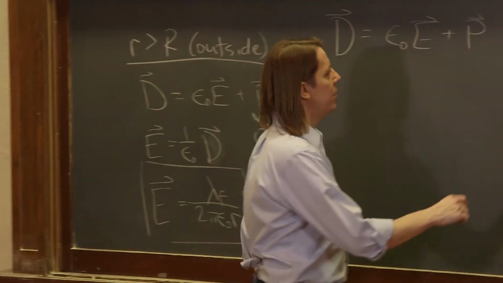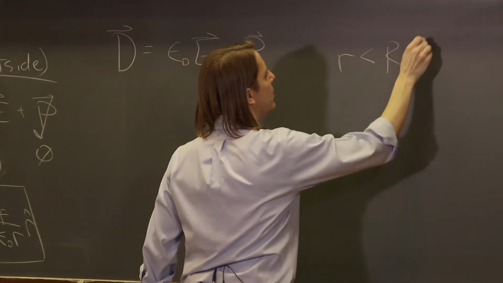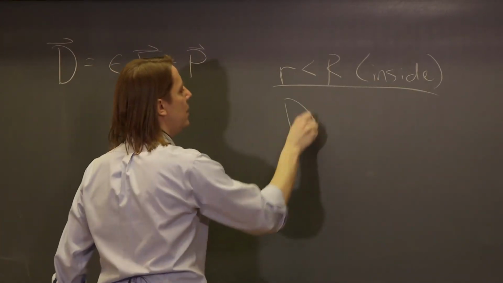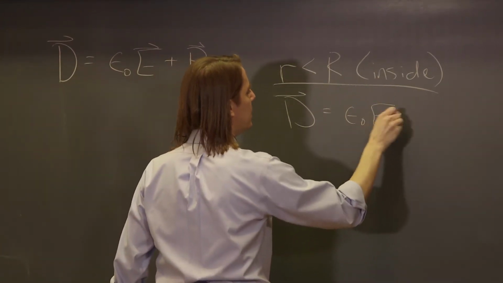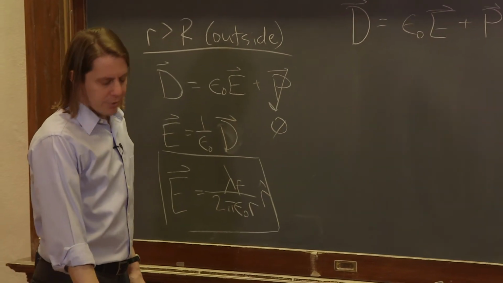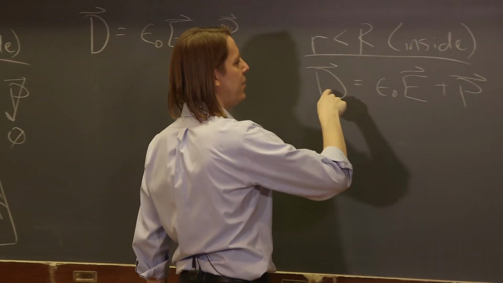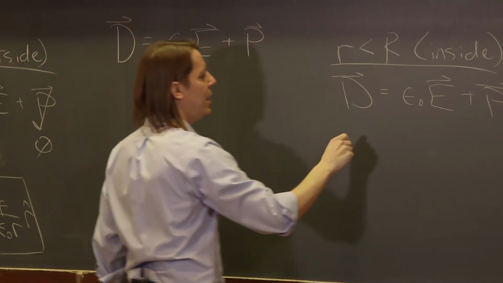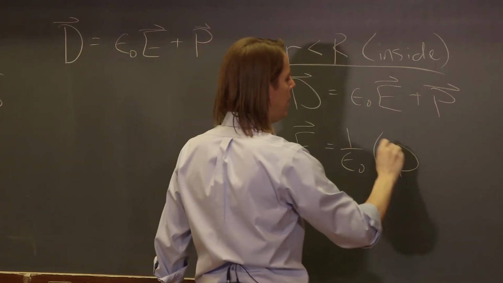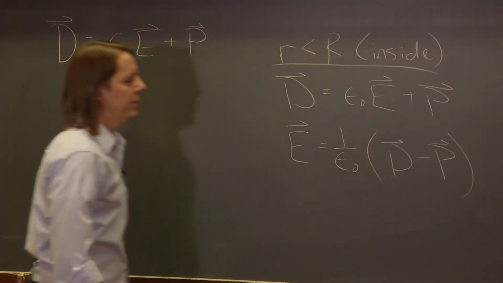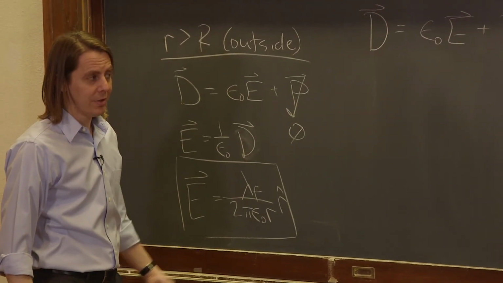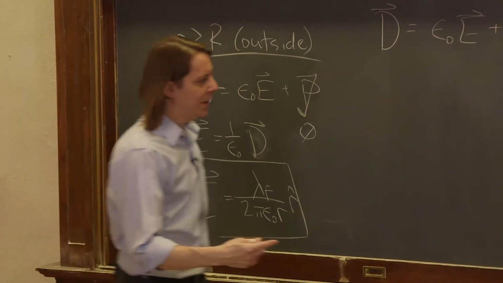Now let's look inside. R, little r, less than big R inside. All right, so again, we're going to say D is epsilon naught E plus the polarization field. Okay, well, let's solve for E. Bring the P over here, it becomes the E field is 1 over epsilon naught times the D field, the displacement, minus the polarization. And you say, okay, we have D. We got that from the little Gauss's law for D, but now we need